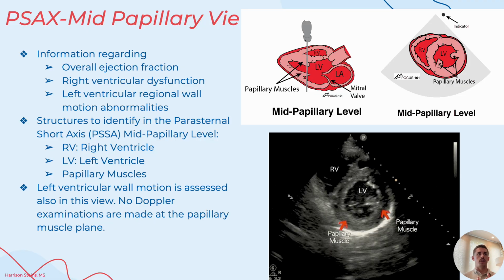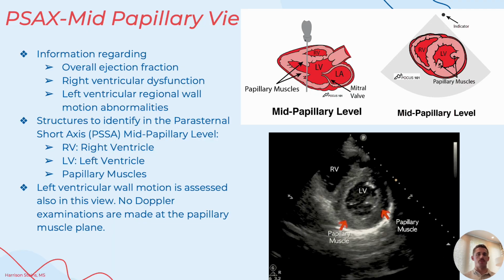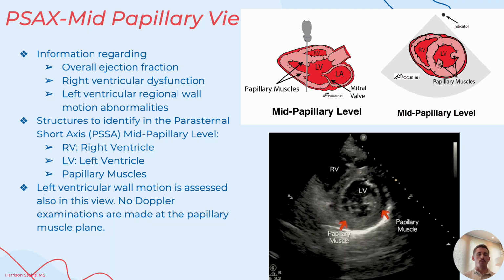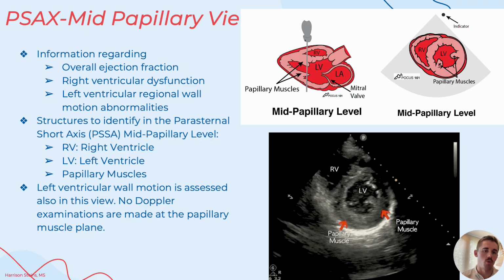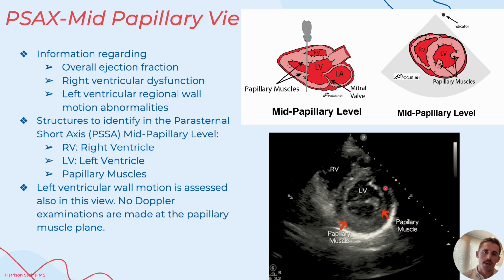Is there a lack of systolic motion with the right ventricle? And then same with the left ventricle. Do you see regional wall motion abnormalities? And what I mean by regional wall motion abnormalities, say we're looking at this entire left ventricle, is one part